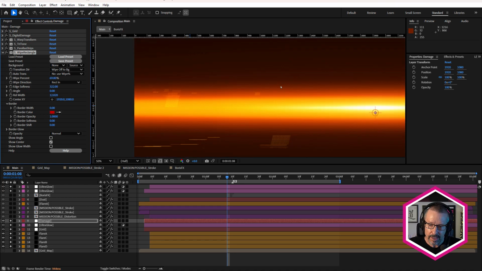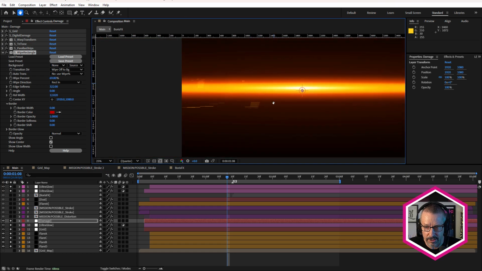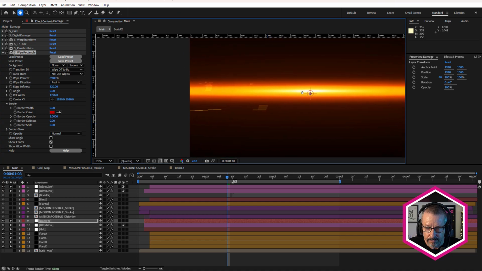So it looks as if these bright light areas are illuminating the damage, and we're getting a bit of falloff. So it basically falls off into darkness. That was the sort of thinking behind that. And I've used Wipe Rectangle to do that. Some effects don't necessarily work with masking. You have to pre-compose them. And in those cases, I often use a transition to mask.